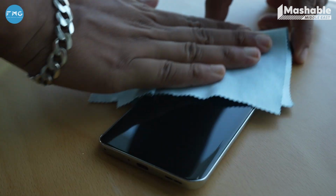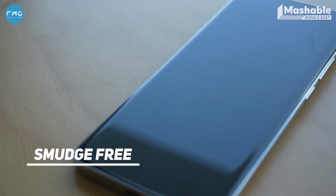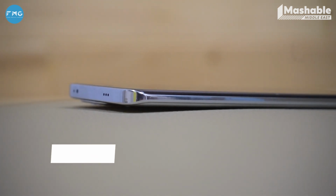And then, of course, you have matte brown for people who prefer something a little more low-key, and the finish is also pretty smooth. For all you minimalists out there like me who can't stand smudge marks on their phone, this one's for you. And coming to the build, Oppo's managed to keep things impressively slim at just 7.6mm, but